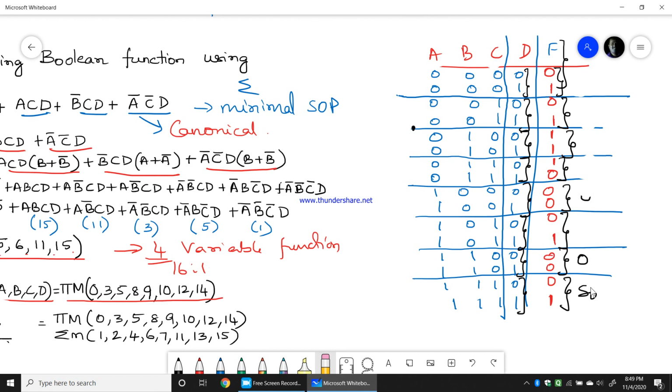Zero will be there. So this is D, D, 1, D bar, 0, 1, 1, 0. So D bar, 0, 1, 0, 0. So 0, 0, 1, 0, 1. So D, 0, 1, 0, 0. It's 0, 0, 1, 0, 1. So it is D. Now if you write the separate 8 combination truth table here, so what do we get here is,